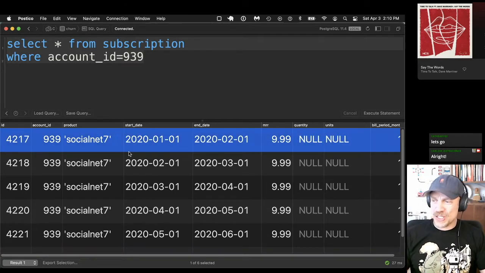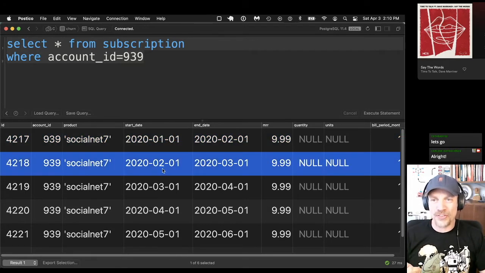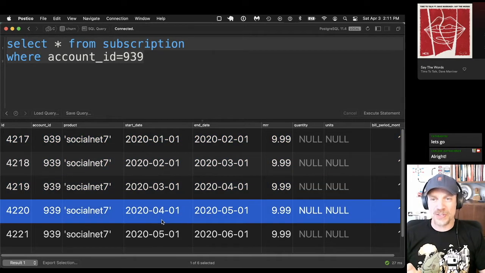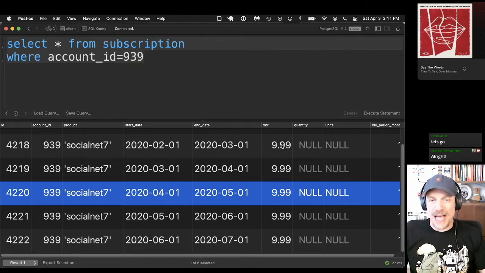But you can see each subscription gives a start date and an end date that covers the subscription at that period of time. And in this simulation, there's only one price. Last stream, we were looking at a simulation with more varied pricing structure. For this week, we're not focusing on the price, but that's part of the analysis that you do.